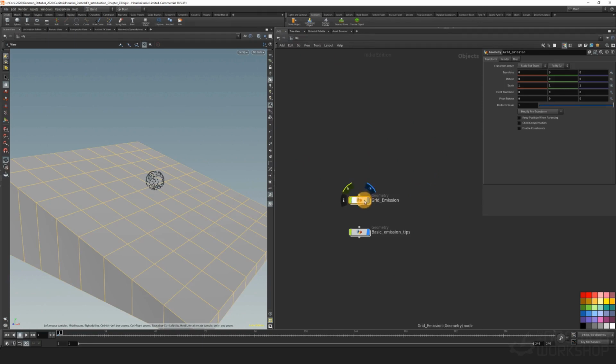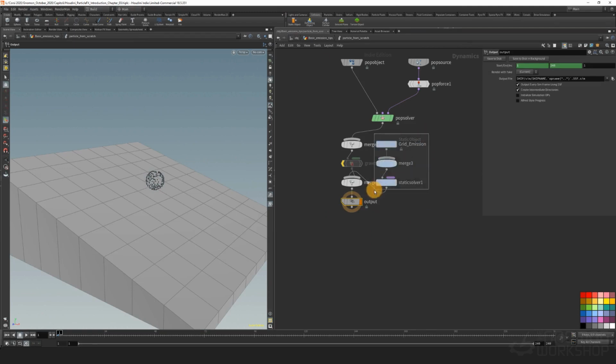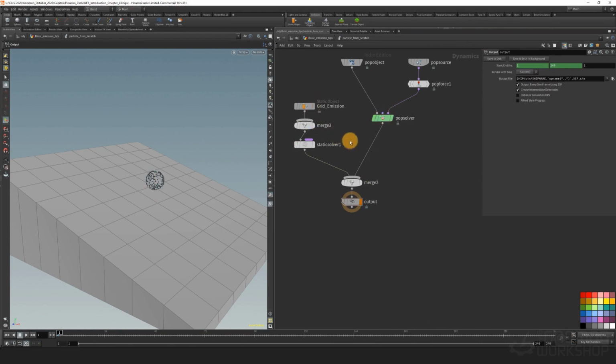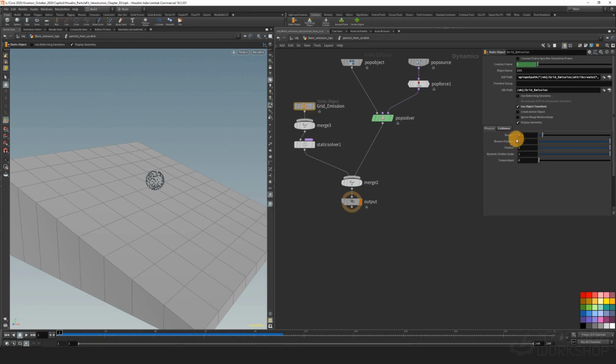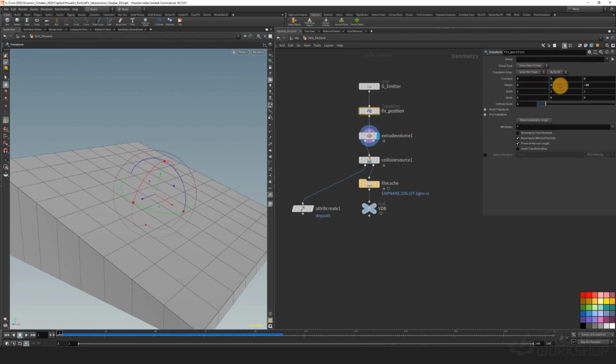Okay, so we say that this one is essentially a static object because it's not deformed in animation, so we don't need it. Let's go back there, and inside the DOP it's doing something not so nice, but we can remove everything else. And let's see what happened. You see that we have the right collision as before, but let's say that this one is a little bit different about the scaling. So let's go there, and let's say that this one is essentially